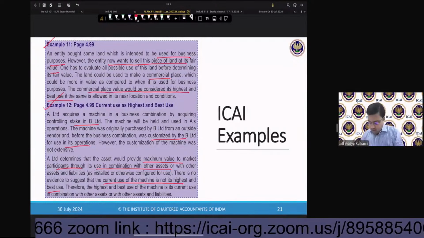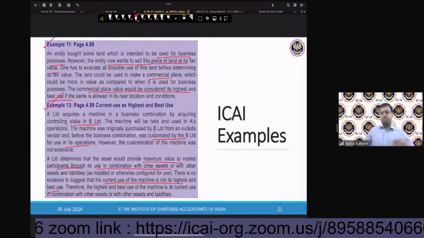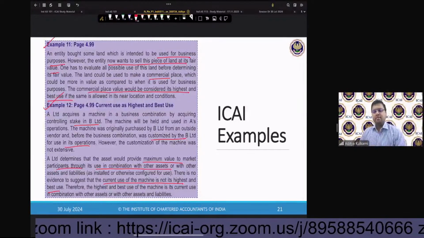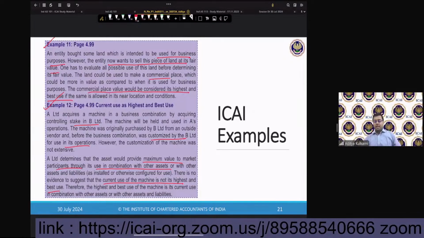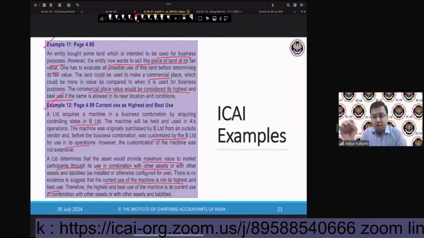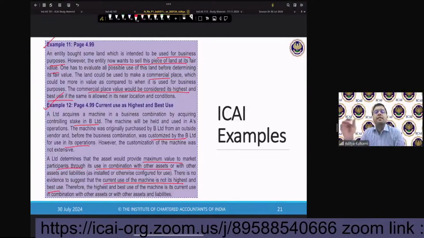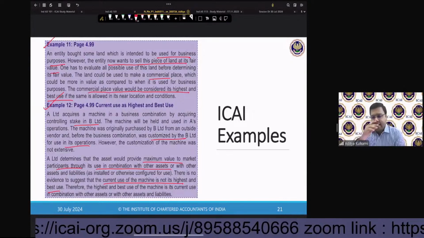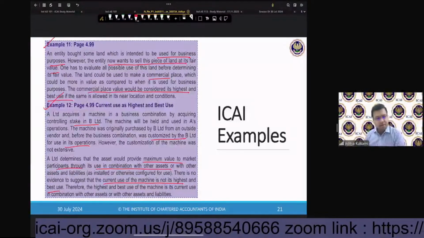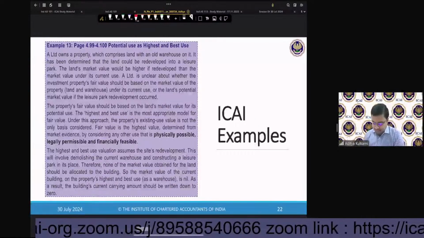Okay, so in this case, what they are saying is he wants to use this asset in combination with other assets or other net assets, assets and liabilities put together. And therefore, that use itself will be the highest and best use. Okay, so example 12 is done. All right. Now,